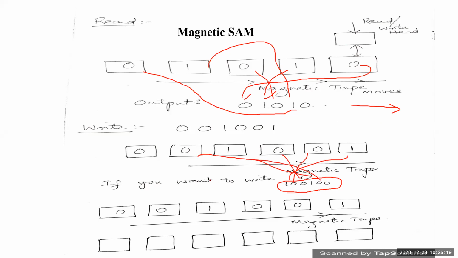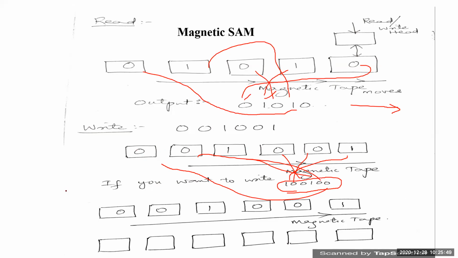and ultimately after that 0, 0 and 1, and this is how the write operation takes place with respect to magnetic SAM. As the tape goes on moving from left to right, the first one will be this particular cell. So the left bit will be going and settling in this first cell, and afterwards the 0 settles over here. The next comes a 0. Afterwards 1 will be settling in the next cell. That's the fourth cell. In the fifth cell will be 0, and simultaneously the sixth cell will be stored with the 0 as data.